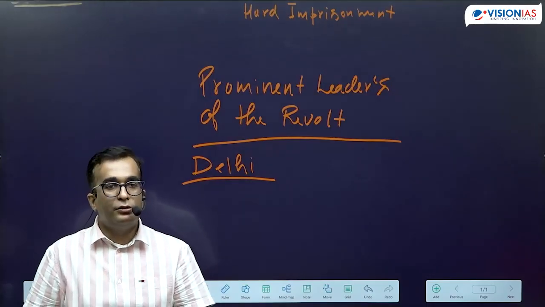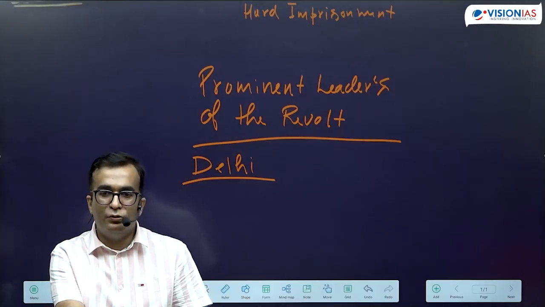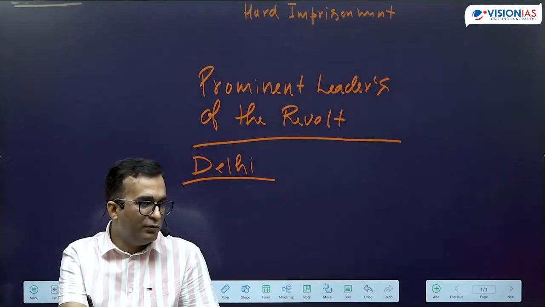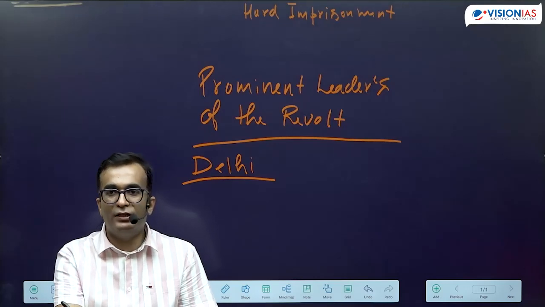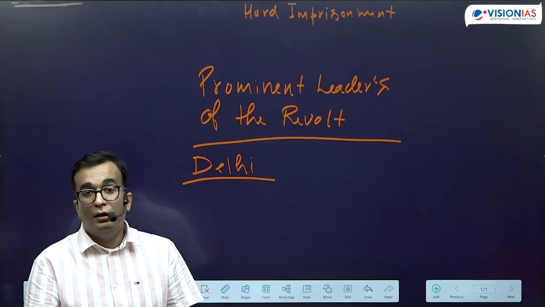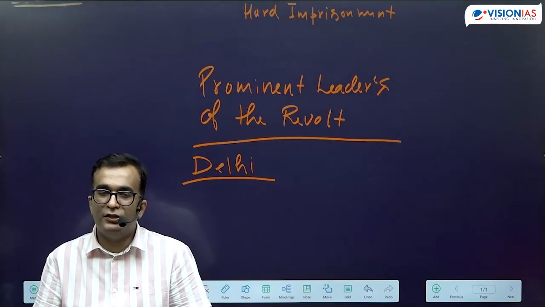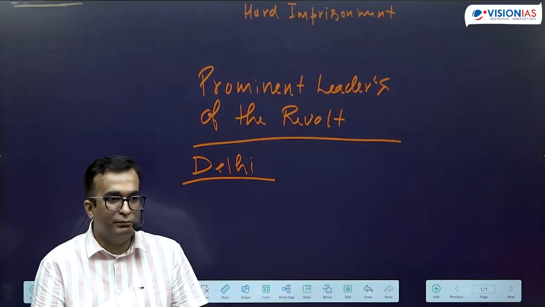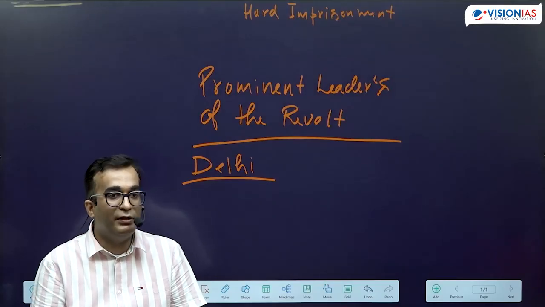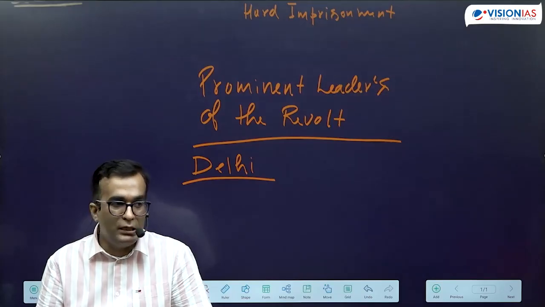Nana Sahib was the adopted son, and when the Peshwa's death happened, he was still receiving the pension of his father, Bajirao II. But then all of a sudden in the 1850s the pension was discontinued. Nana Sahib sent one of his trusted aides to Britain to ask for the pension. But the British authority did not give any such relief, and maintained very clearly that no pension would be granted from this point on. So he was disgruntled by this.